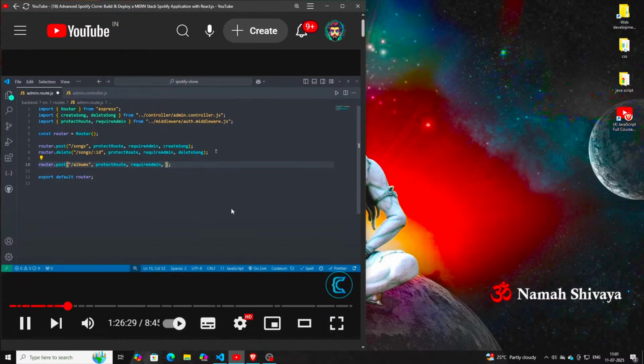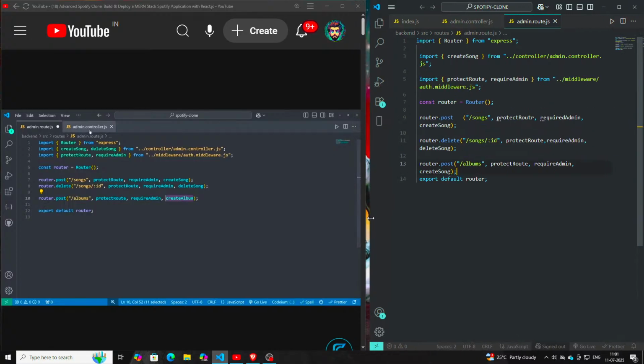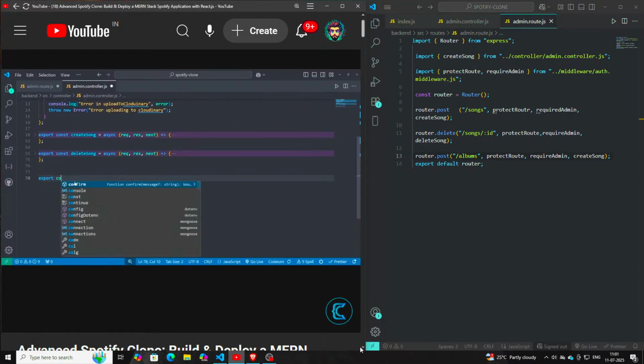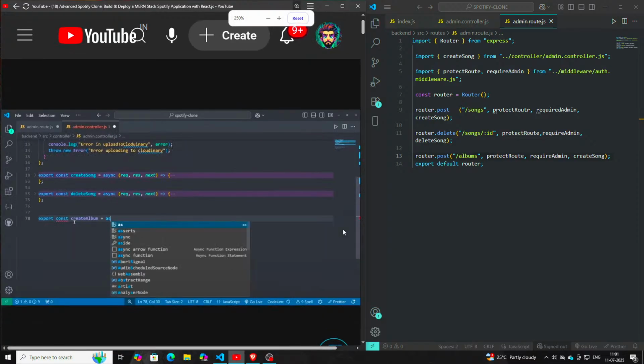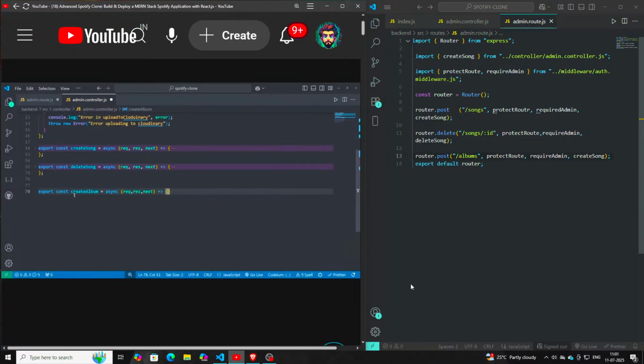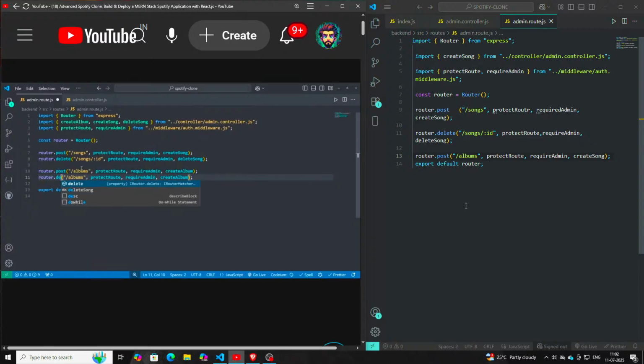The create album. Okay, let's try to create this function. It would take the request, response, and next. Save, try to import this. And while we're here, let's just even try to create this delete as well. So albums, delete,